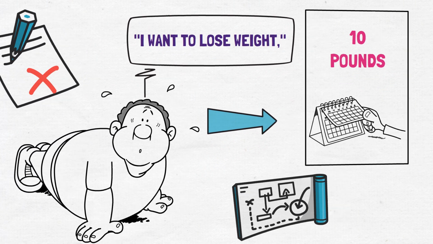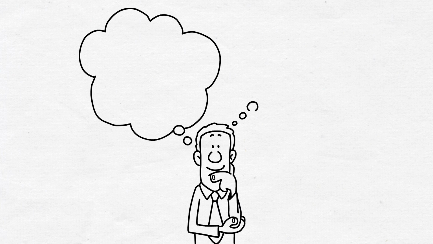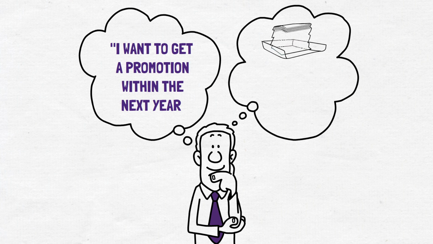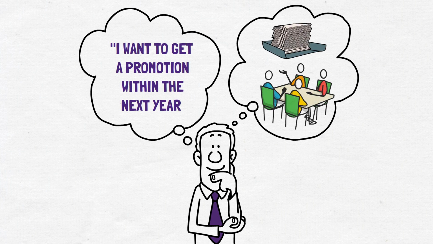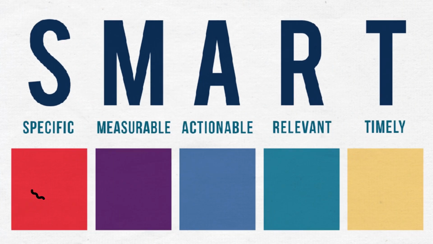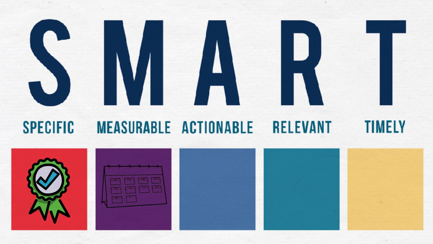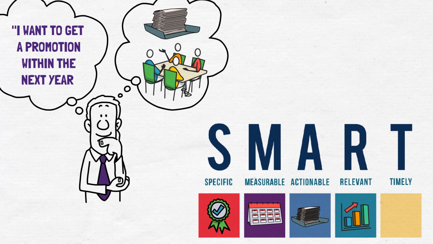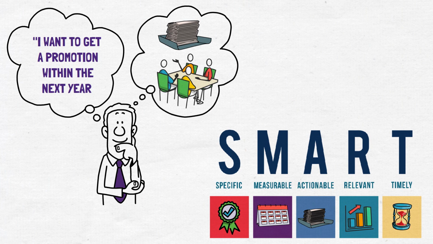action to get there. One example of a SMART goal in a career field is, "I want to get a promotion within the next year by taking on additional responsibilities and completing a leadership training program." This goal is specific as it outlines the desired outcome of a promotion, measurable by the specific timeline of 1 year, achievable by taking on additional responsibilities and completing a leadership training program relevant to career growth, and time-bound by the 1-year timeline.